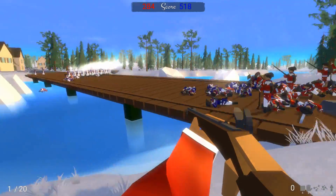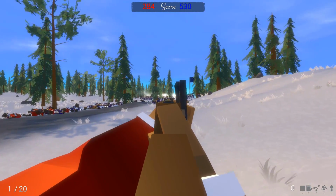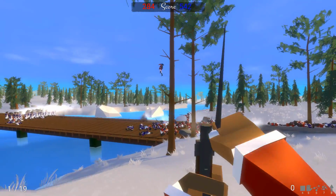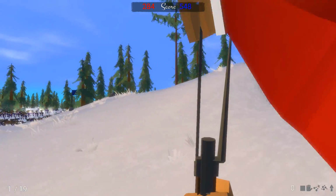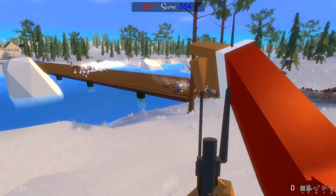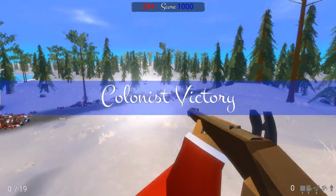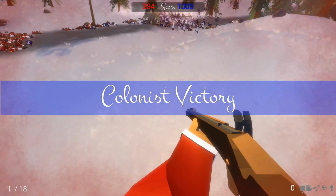I think this is actually it for our British units. We're getting completely trapped in here and smothered by the blue boys. There's a flying Brit up there. He's trying to escape by using his superpowers. Oh god, once that guy down there dies, I'm the only one left, and it's a colonist victory, and I